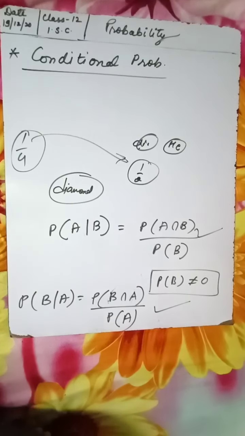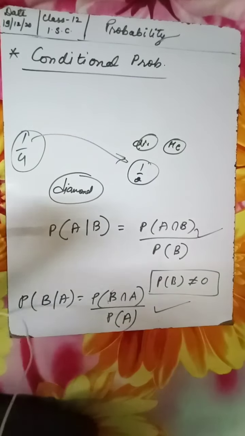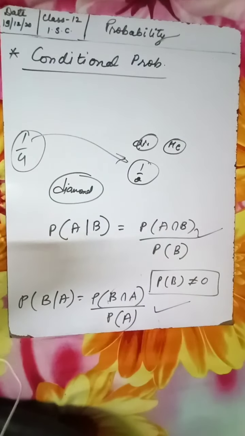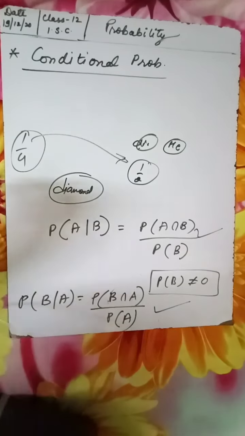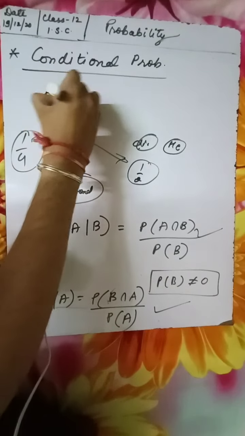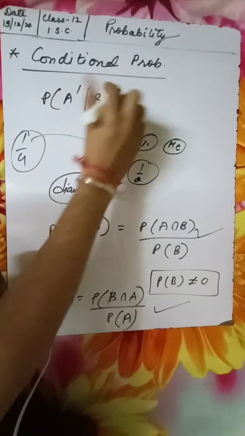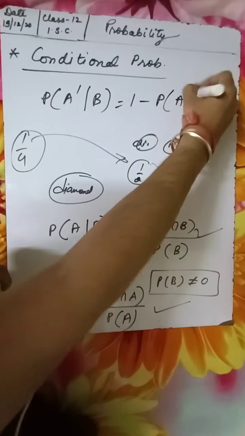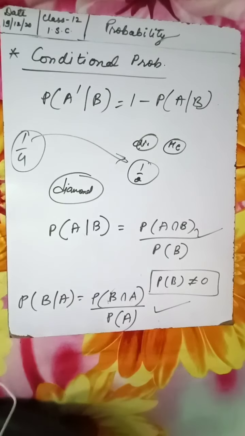Okay, so there are some properties. I'm reading it. The conditional probability of an event A, given that B has occurred, lies between 0 and 1. That we know. And one more, which is given in the book, property 2. Please read it. One formula is given there. Property 2 says probability of not A condition B is equal to 1 minus probability of A condition B. So please remember this formula. This is a complementary event formula which we have seen in the starting.